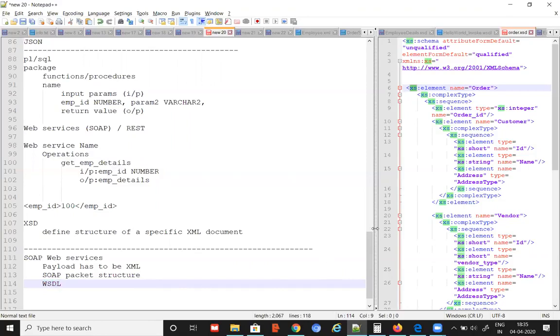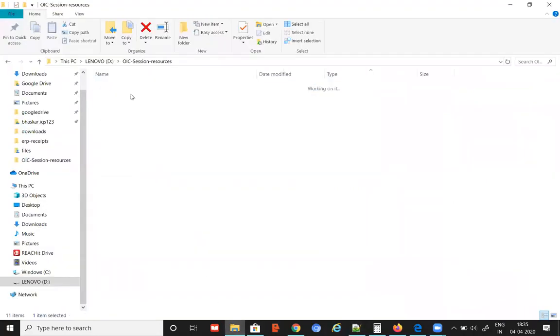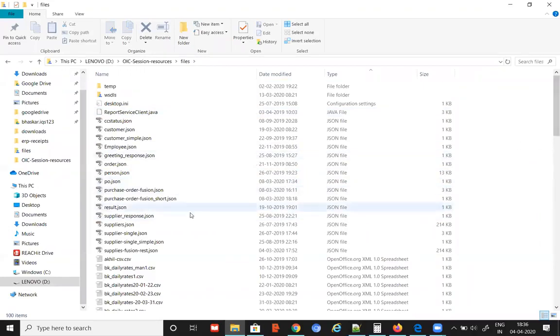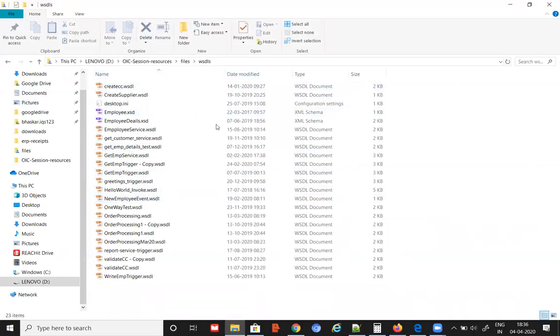Okay. So what is WSDL? Web Service Description Language, or Web Service Definition Language, you can use either. So the WSDL is going to define the specifications of the web service. That is the WSDL. So let us open a WSDL and try to understand it, okay? That's easy to learn. These are some fundamentals. We don't want to spend hours on that. We're just learning because we need to use them.